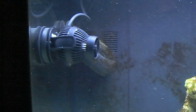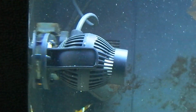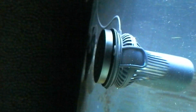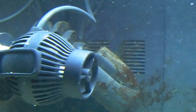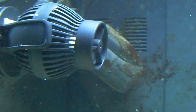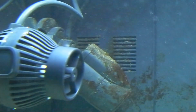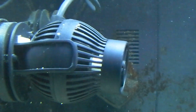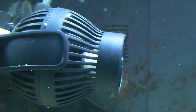But this video is just really to show you the WP10. That's the little magnetic mounting point, and currently I've got it on wave 1, and the speed is on S1, which is the higher of the speeds. I'm hoping the camera will catch that stop-start motion,